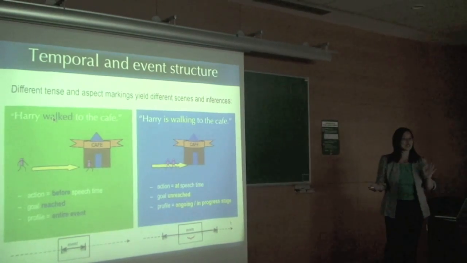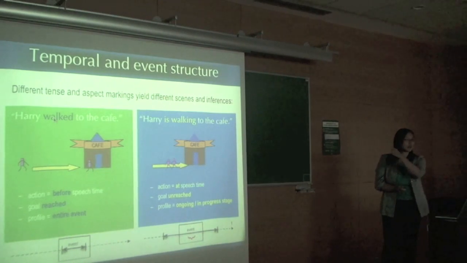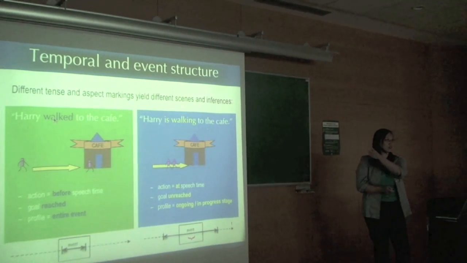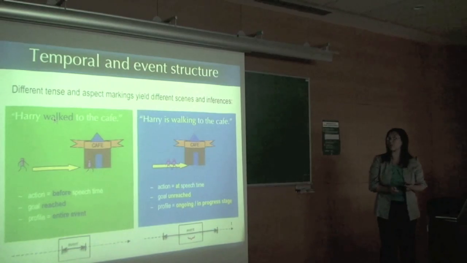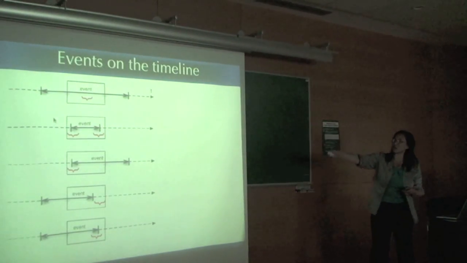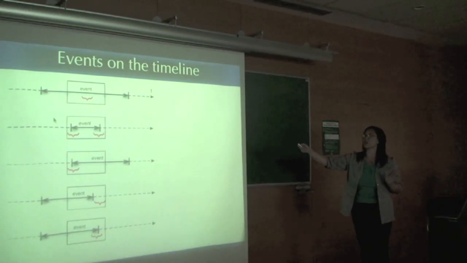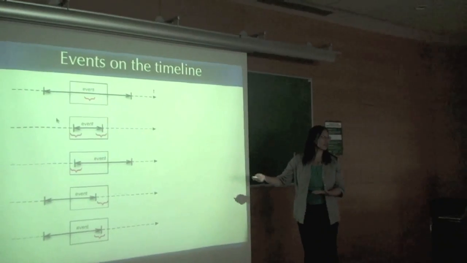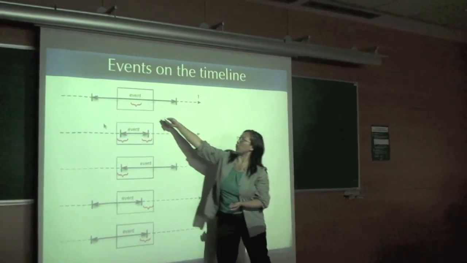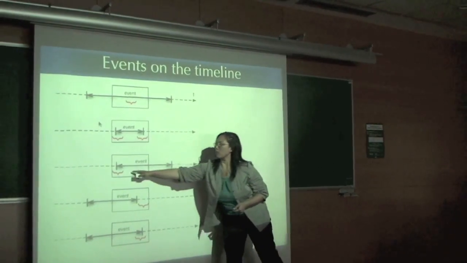Okay, so this is just to get everyone on the same page, that the point is that we know that difference because of something about the grammar, something about those sentences we saw. They're differing in this important way. In fact, you can do other things. This is just a way of drawing how you can represent different ways of looking at a scene. So you might be focusing on part of the event here. Maybe you're saying that it's bounded in a certain way. Maybe you're focusing on the beginning.